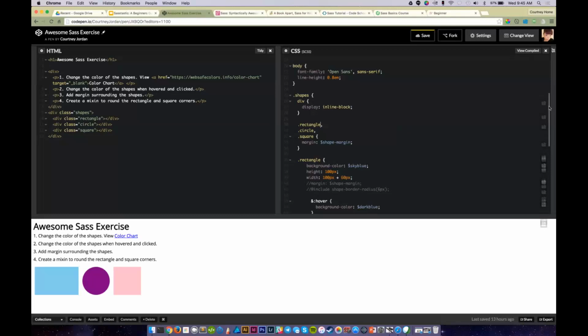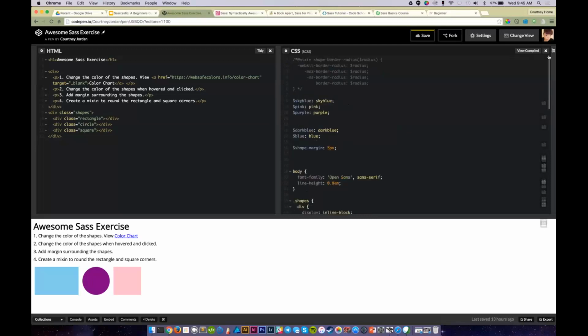So we have our WebKit and Mozilla and so forth, border radiuses. If we go down to our shape, we include that mixin with its mixin name, and give it its radius.